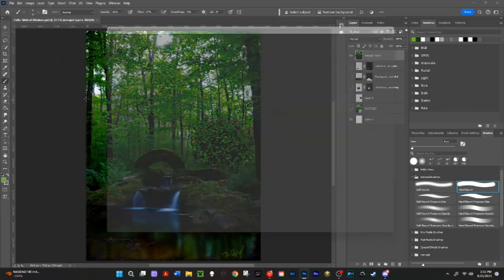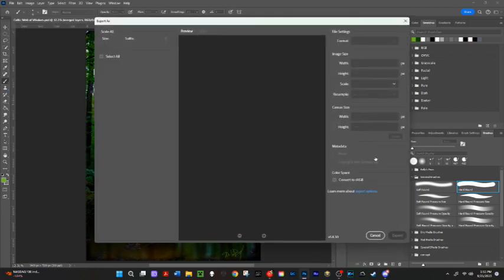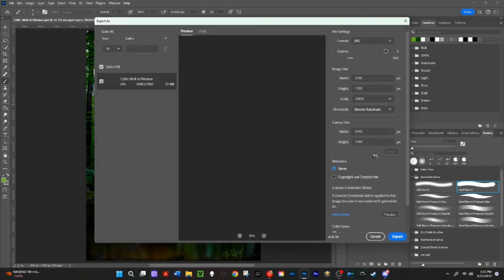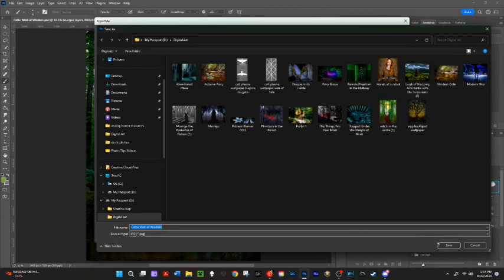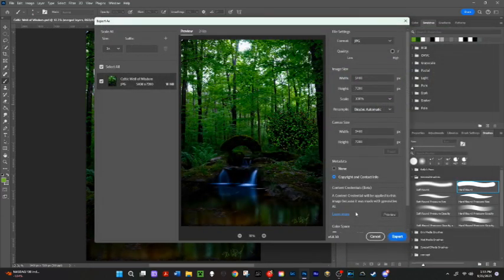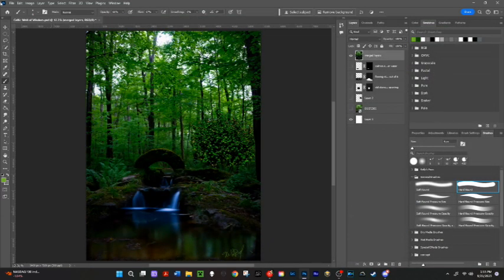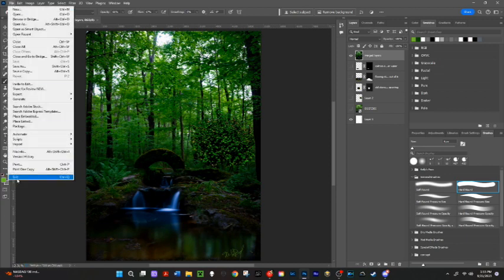Now the one thing I will say, when I went to export this, you can see that AI content credential will be applied to this image because it was made with generative AI. Now, I always put copyright and contact info, and I assume people can't turn that option off. I don't know. But I like the fact that Photoshop is tagging it for you, whether you ask or not. Because again, the only way I can see through this is that we